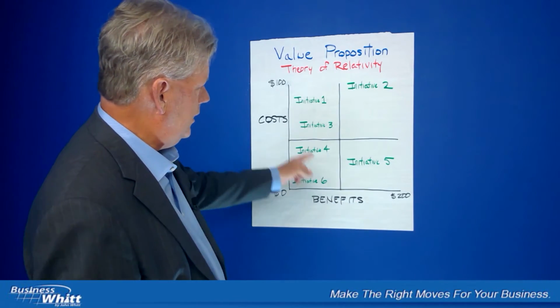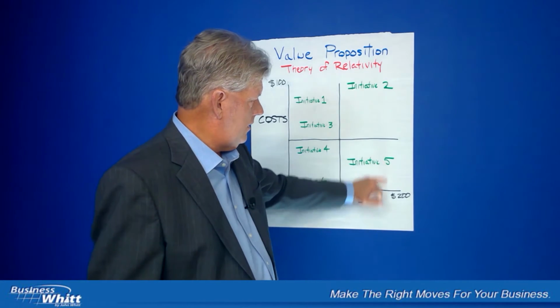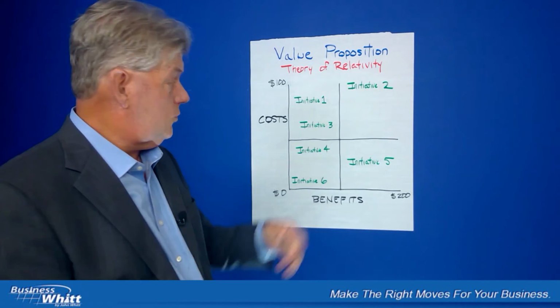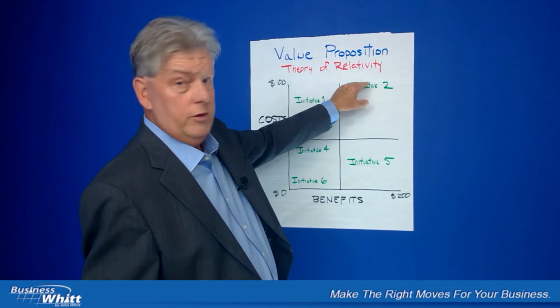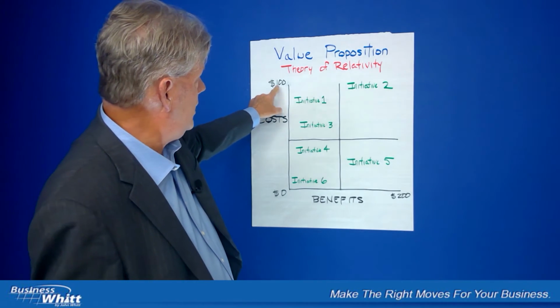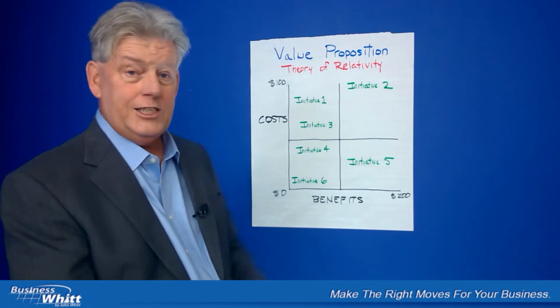I look straight at initiative number 5, right? Initiative number 5 has the biggest benefit and the least cost. So that means it has the highest return on investment. And if that was all I could afford, that's the one I would do, right? Now, this one here has a great return on investment, but it costs a lot more money to implement, right? It costs a lot more money to implement number 2. And if I had to do two things,